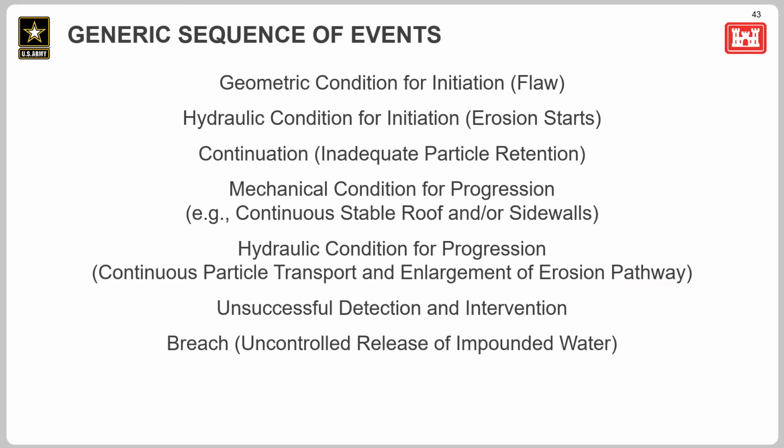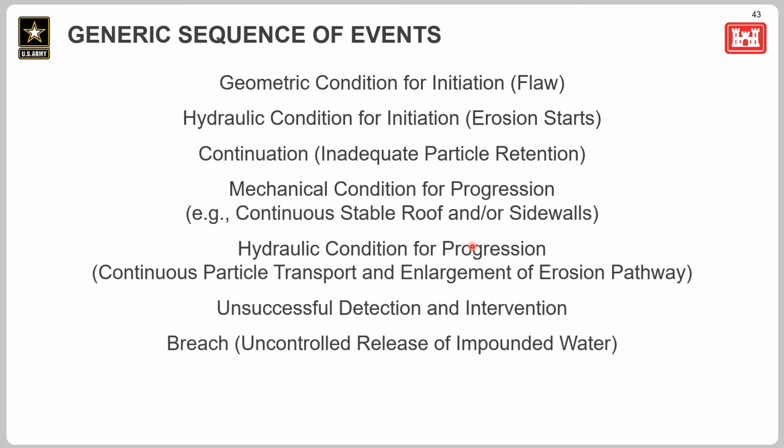This generic sequence of events helps us break down the internal erosion failure mode in order to identify where site characterization can help out. So the sequence of internal erosion generally consists of 4 phases: initiation, where the erosion starts based on geometric conditions and hydraulic conditions, continuation, progression, and then ultimately failure and breach. So where site characterization fits in, we're going to talk a little bit in the following slides about that, but generally it fits in identifying whether the conditions exist for initiation,